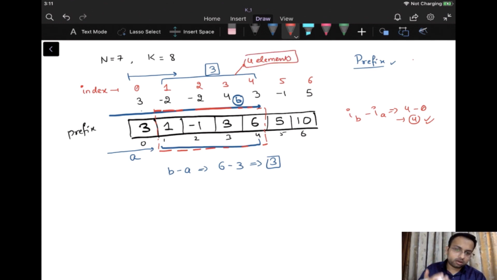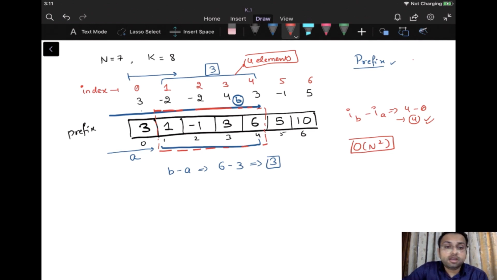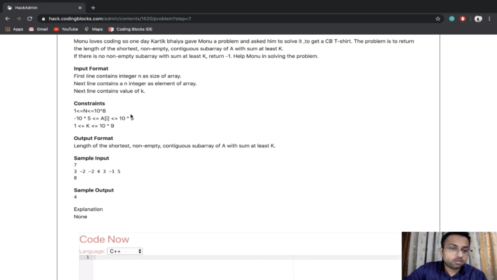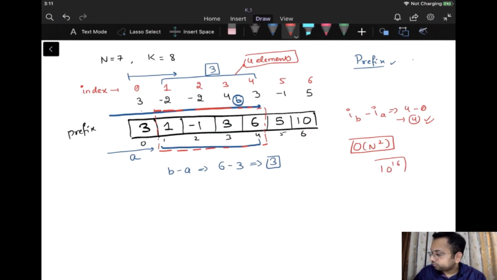So now if you are trying to figure out what is the length that is having the sum which is at least k, you can do this for all the possible cases of b and a. So in that case, it will take O of n square time complexity, right? So this will work in O of n square time complexity. Whenever we are working with n square time complexity, we need to check the constraints, right? So see, the value of n is given as 10 raised to the power 8. So it will not work in n square time complexity, because that will make it 10 raised to the power 16, right?